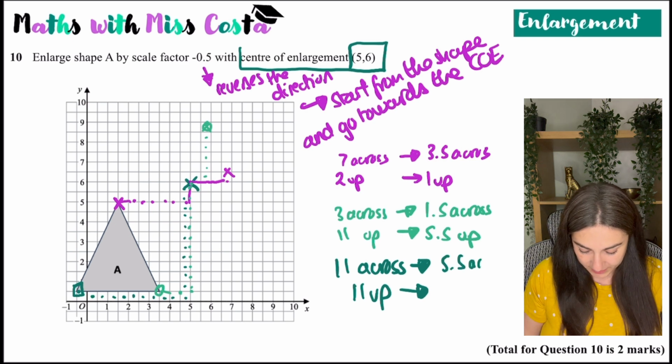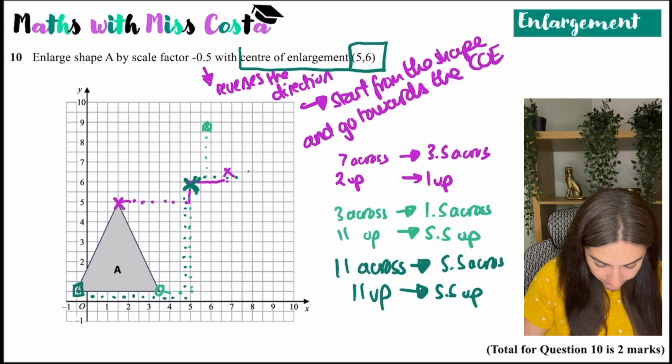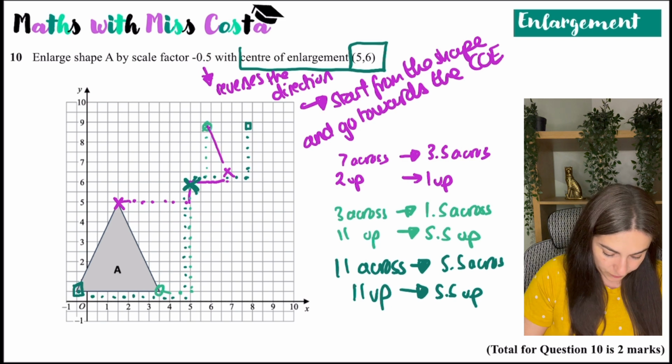So I'd be going 5.5 across and 5.5 up from the center of enlargement. So here's my center of enlargement. I go 5.5 across, and then 5.5 up. So that is where that would be. And then you just join them together